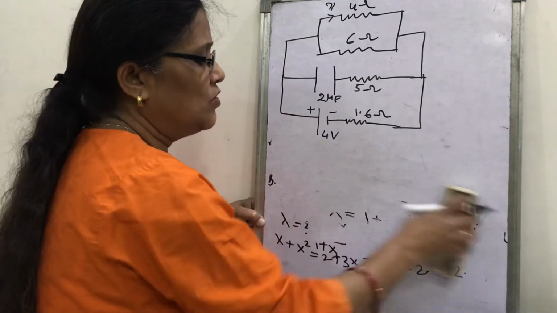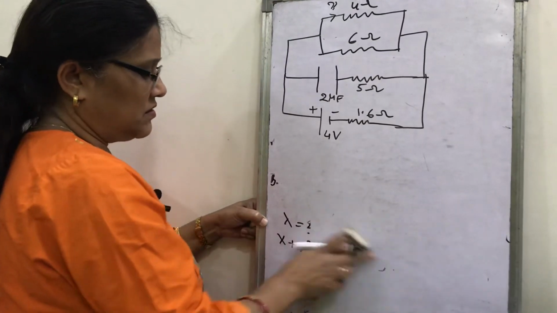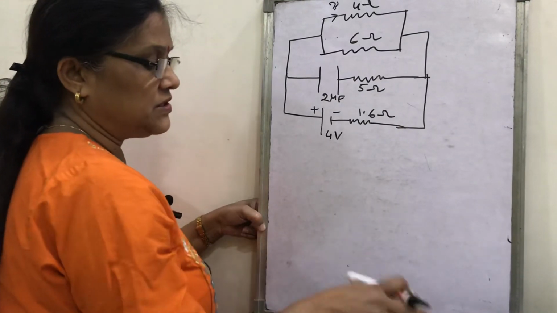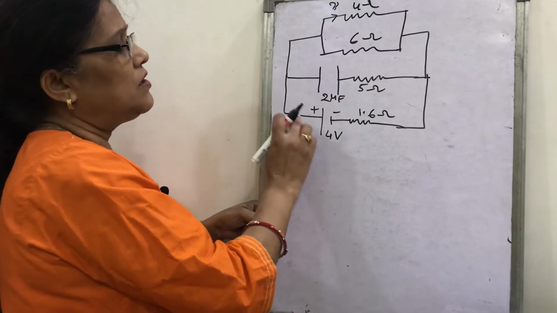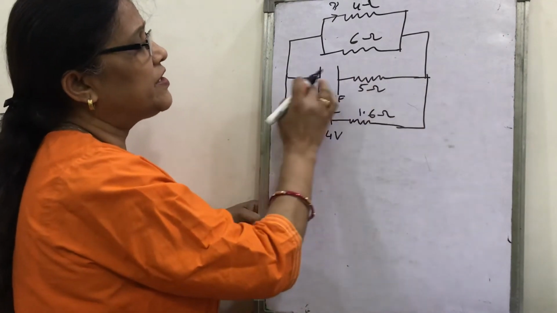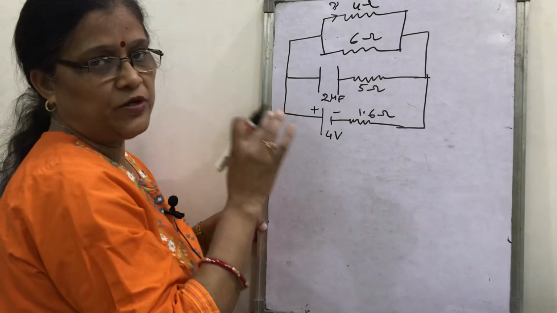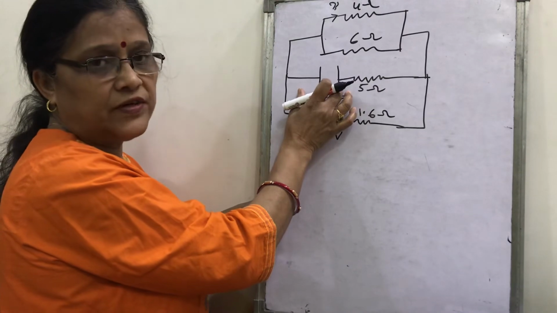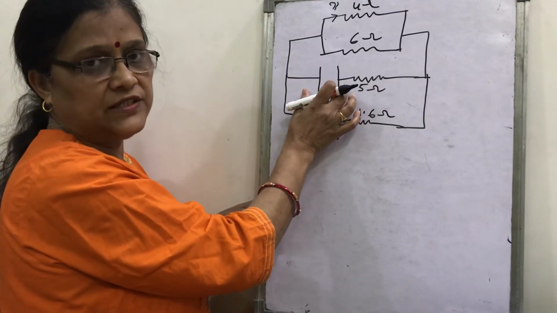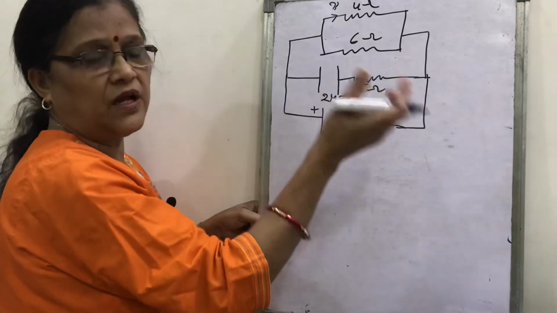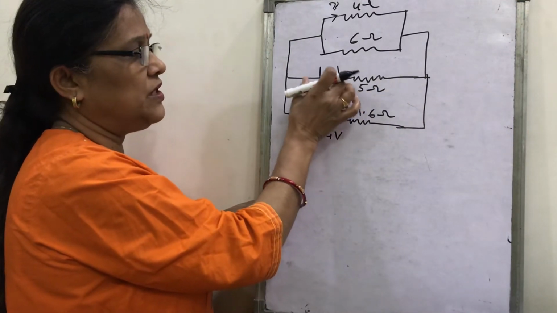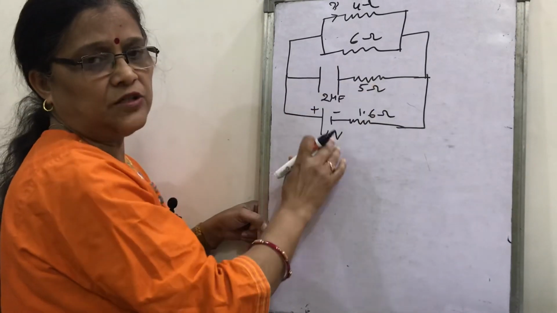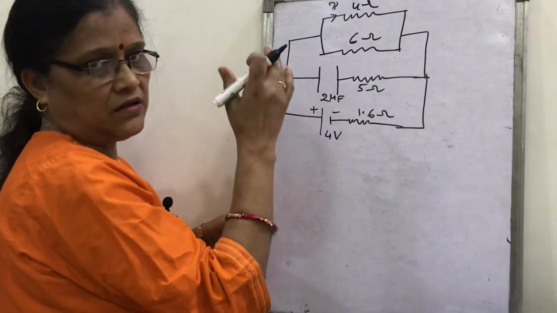What is the current in this resistance? First you see the question. What is given in the question, that in this circuit you have to find the current in 4 ohm resistance. Look that if there is a circuit in which a capacitor is attached in any of the branch and the cell is giving the direct current, DC current, capacitor offers infinite resistance in the path of DC. How? I will tell you later on, because the potential difference between its plates becomes same as the potential difference of the source, then current doesn't flow.